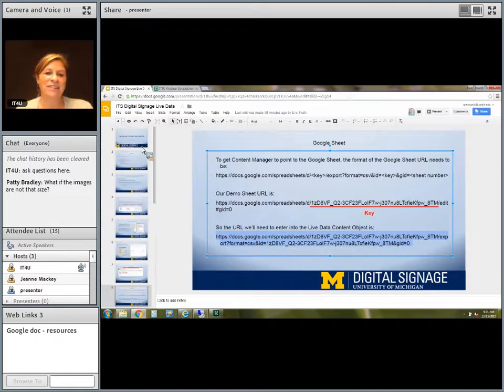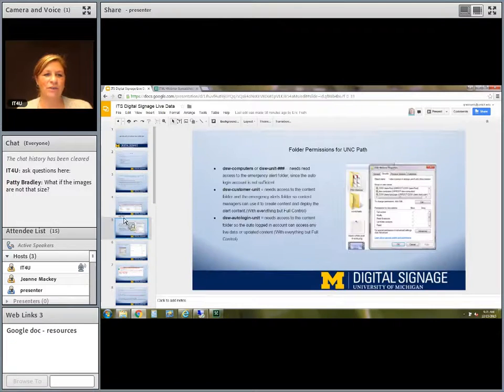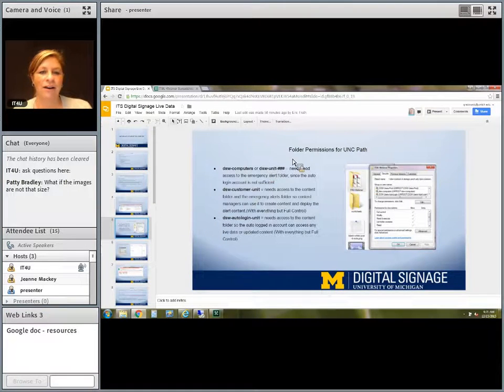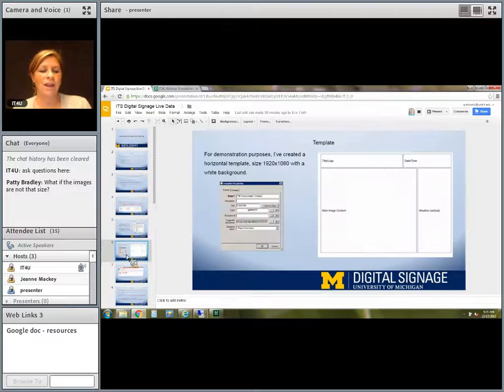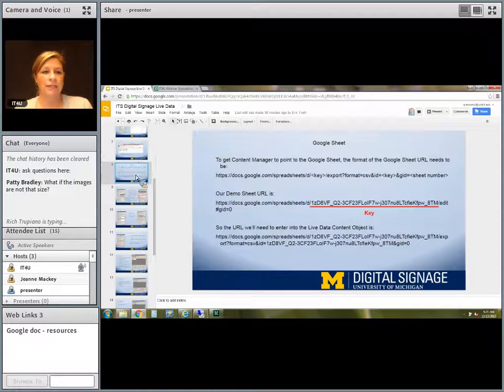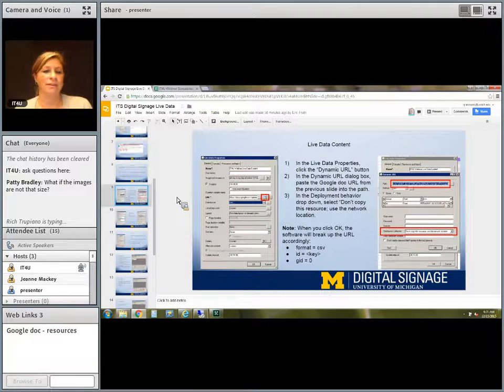Okay, so this is the presentation right here. So just to give you an example of what I had done. For the file permissions on the folder, I listed out what they are. Because a lot of times when you ask your local IT to update permissions, they say, what for? So this will tell you exactly what and why. And that's not in the job aid. And then with the template, you can see just a bare bones layout of what I had done. And then when we start getting into details, you'll see those red blocks over things that I wanted to just point out that are relevant to this.